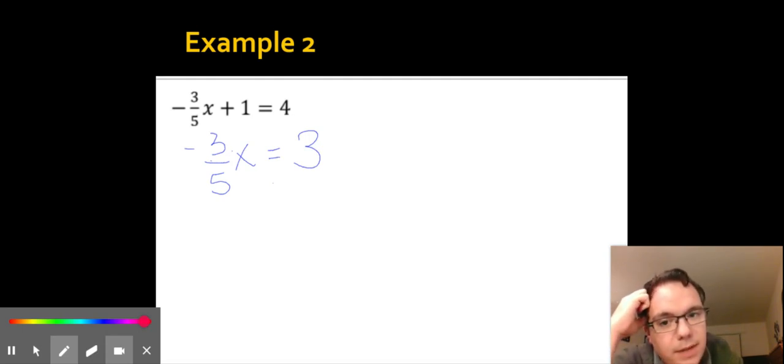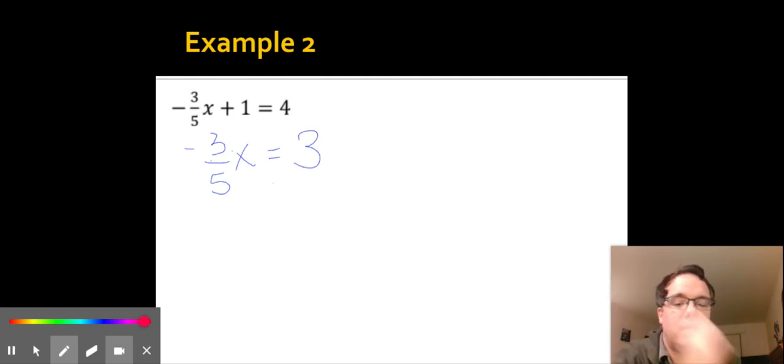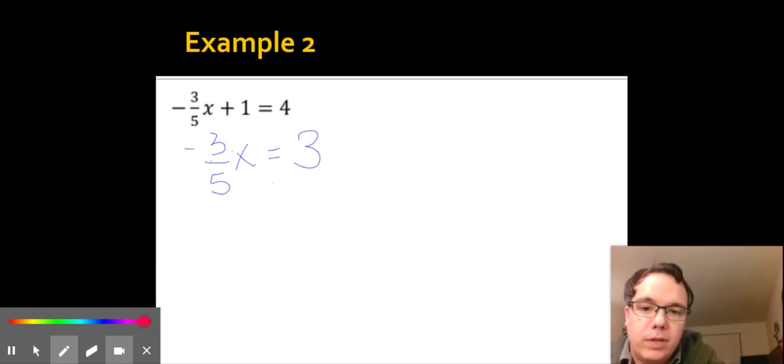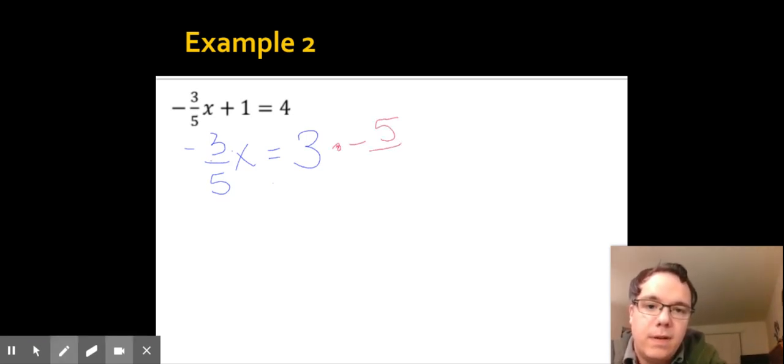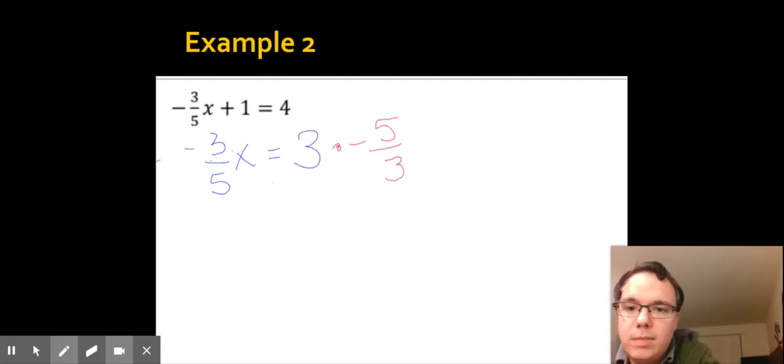Division by definition, anytime we divide, all we're really doing is multiplying by that number's reciprocal. So same with fractions. To divide by a fraction on each side, I'm going to multiply by the reciprocal. And to find the reciprocal of a fraction, I just need to flip it over. So I'm going to multiply each side by a negative 5/3 because that is the reciprocal of